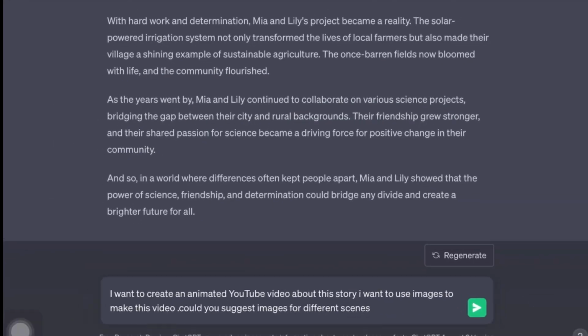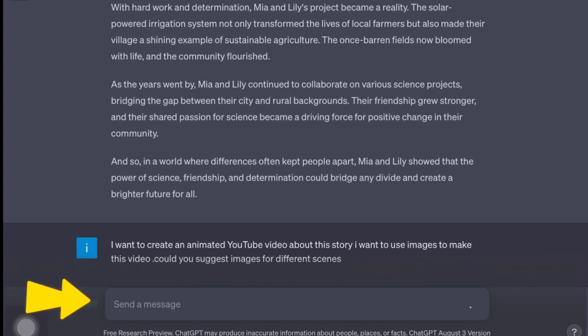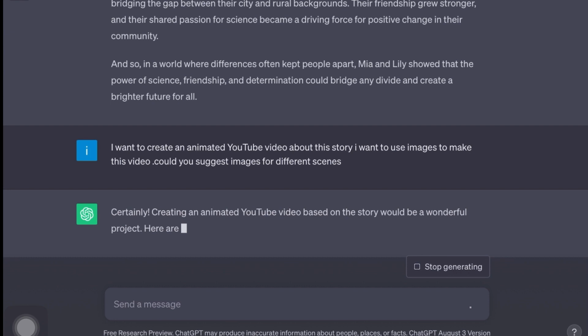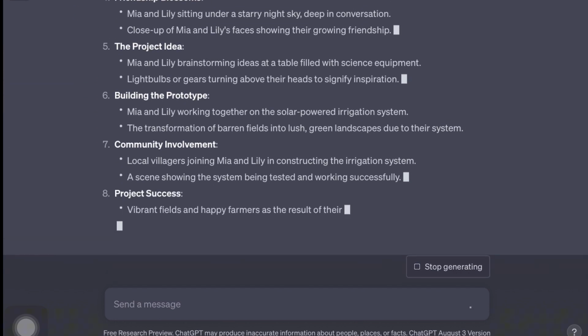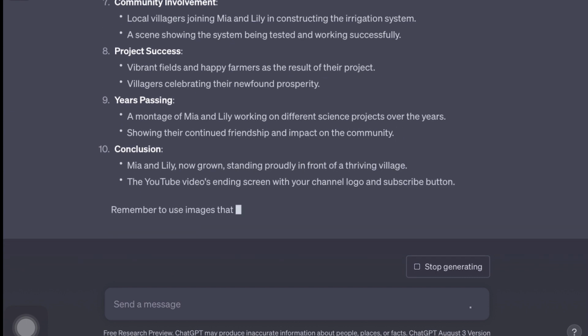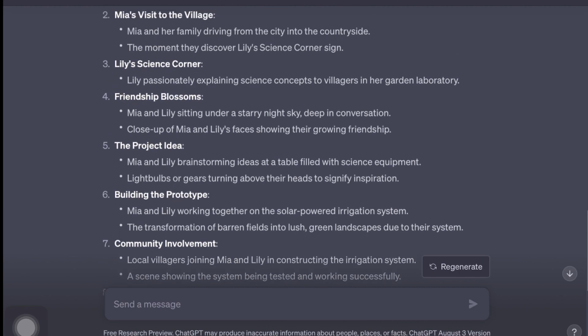So the next step is that our story has been generated. Now I will input prompts into ChatGPT to help us find images for our story. I will say, I want to create an animated YouTube video about this story. I want to use images to make this story. Could you suggest images? ChatGPT will then provide me with the lines I need for the images I have prepared